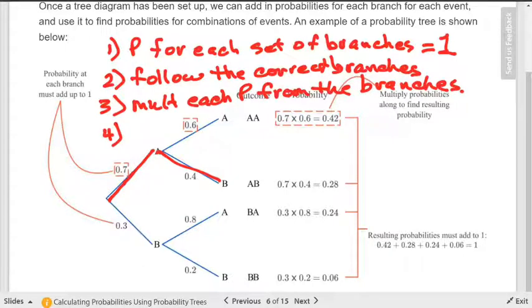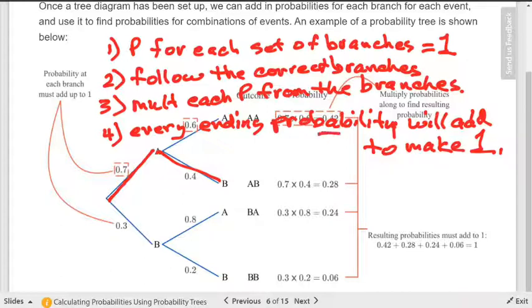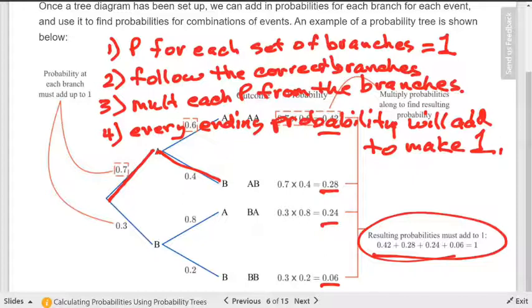And just as if you want to check yourself, every ending probability will add to make, what do you think? 1. So if you did the probability for every branch, which is what they did here, 0.42, that, and that. You see here, they took them all together, added them all together, did every single one of them. It has to be a probability of what? 1. Because you're going to get some, right? If you get to the end of the branches, that's every possibility, so it's a certain event, therefore it's equal